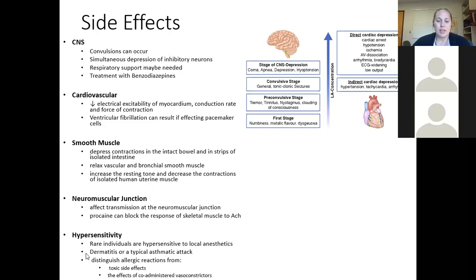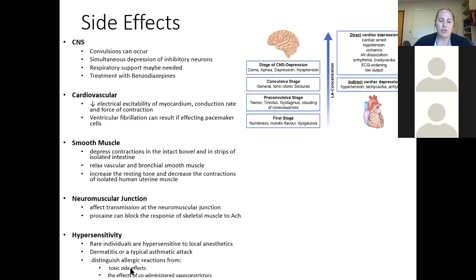In terms of hypersensitivity, there are individuals that do not respond well to local anesthetics. And so if you're one of those individuals, it's hard to know that until you're exposed. There are people who go through that skin prick test. When I was looking at hypersensitivity images, there were a bunch of individuals showing that skin prick test where you've got multiple types of anesthetics applied in a grid to see where you get that immune response. But it can lead to an immune response that appears as dermatitis or maybe an asthma attack.